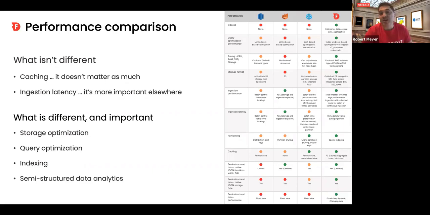Ingestion latency might not be either, to be fair. So we'll talk about low latency ingestion. And it's a major bottleneck in data warehouses because most data warehouses were designed for batch. And they were designed for batch because in many traditional use cases, batch is good enough and latency isn't a big deal. It's more the query performance that's the big deal. So you need to evaluate whether for your use cases, you need to worry about ingestion latency or not, to be fair. It may not be as big a deal for you. Operational use cases, it can be. Customer use cases, it can be. Regular BI, maybe not so much.